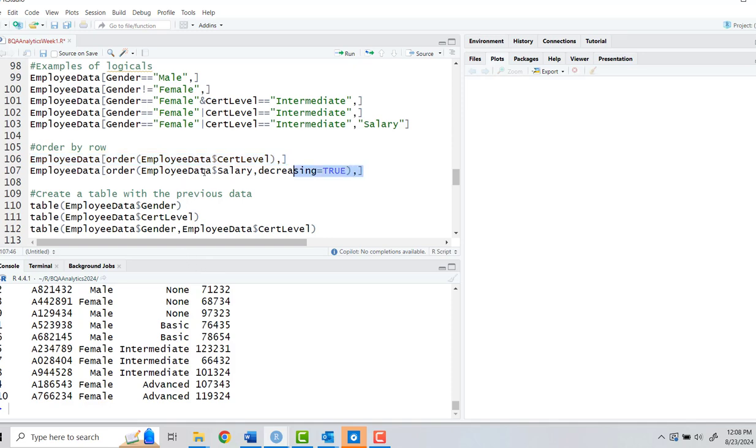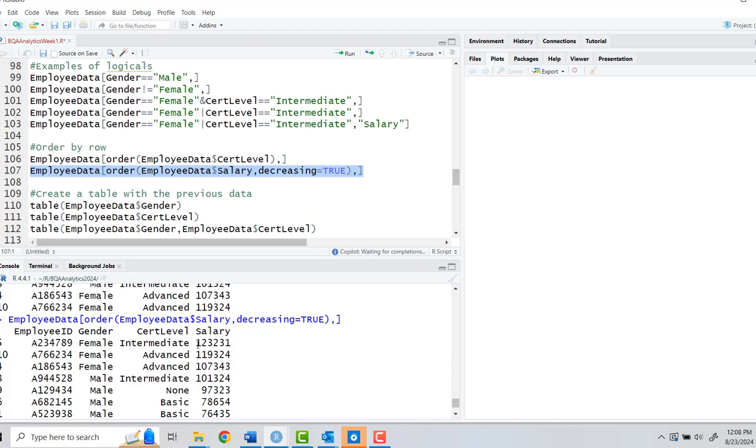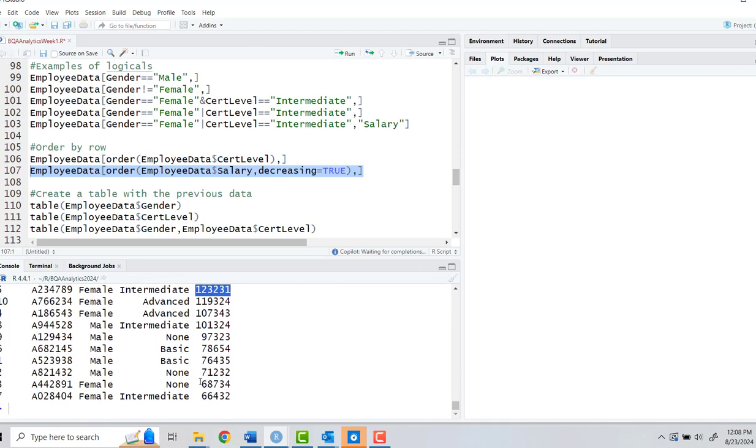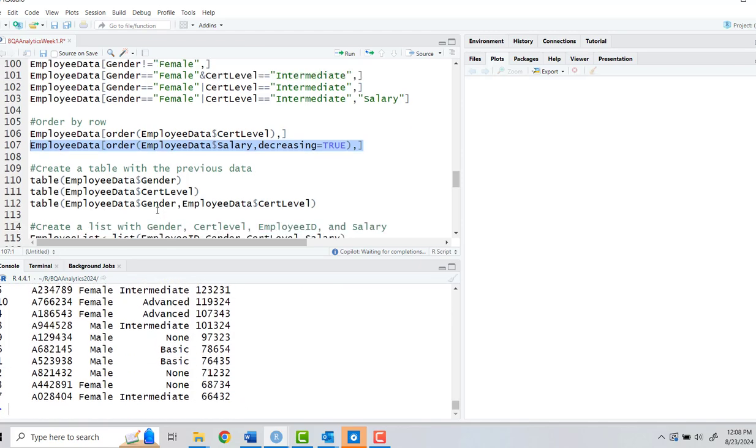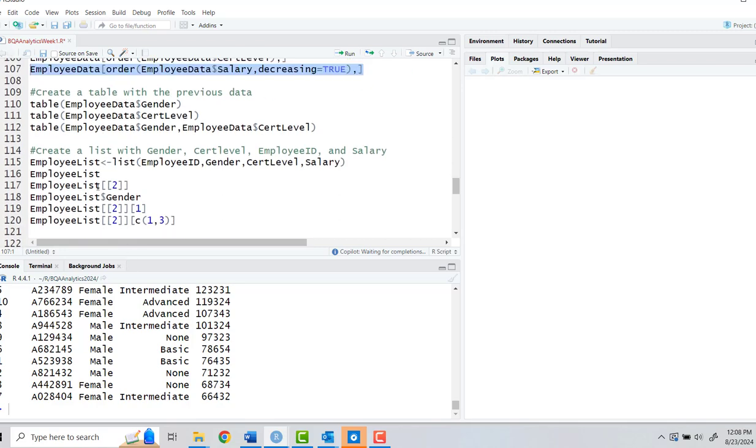And then we have order in terms of salary. And if you've got something new, by default, it does it increasing. We could set decreasing equals true, and we got an order of decreasing salary. So here we go. We start off with the person with the highest salary, and then we go to the lowest salary. We can have the table command, and the table command basically